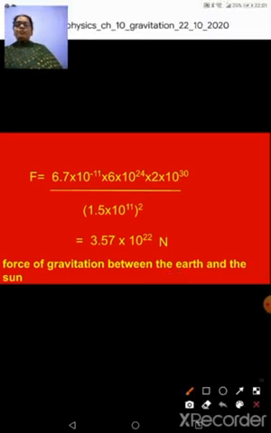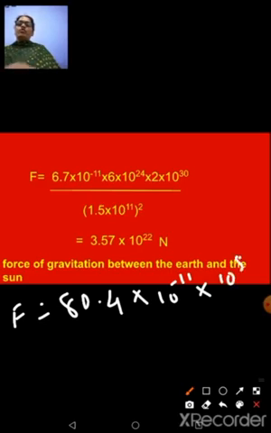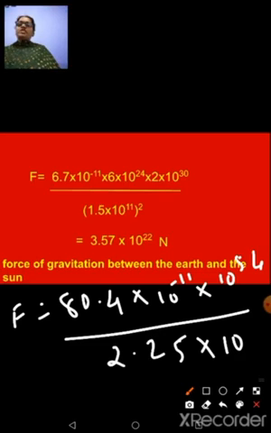So it will be now F is equal to 80.4 into 10 raised to minus 11 into 10 raised to 54 as the numerator part, and denominator 1.5 the whole square, that is 15 the whole square will be 225. 1.5 means it should be 2.25 into 10 raised to 11 the whole square, which will be 10 raised to 22. Exponents you all should be thorough with. Now see this numerator, let me finish off with the exponents: 10 raised to minus 11 into 10 raised to 54.